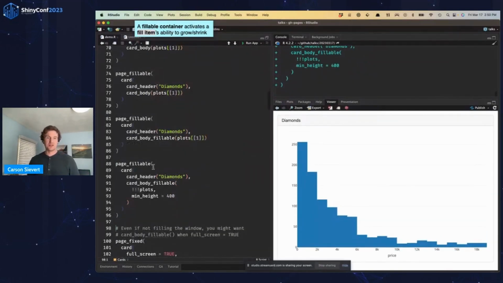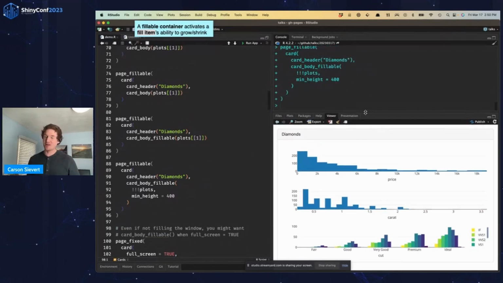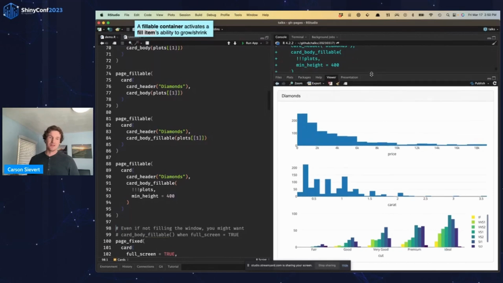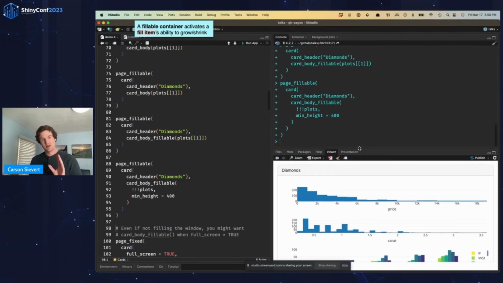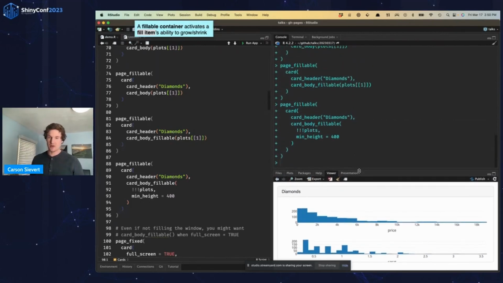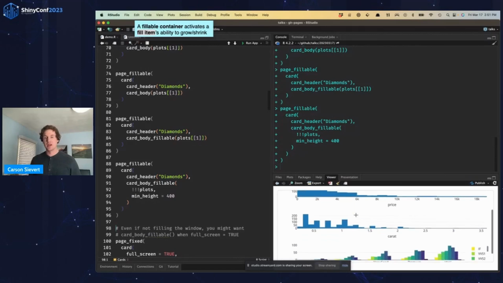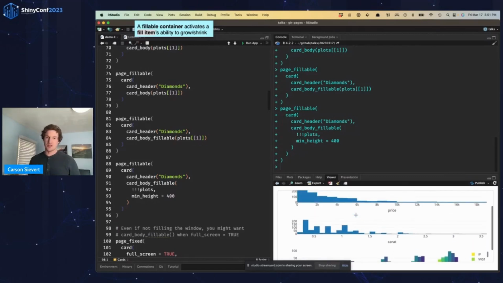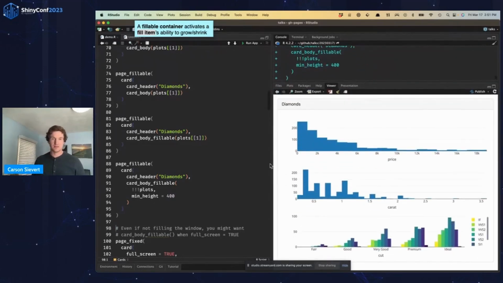Right, so now if I wanted to dump multiple plots into this card body, there's going to be a lot of stuff to show inside of it. So if this card body becomes really small, I might want to say that once this gets to a size that's smaller than 400 pixels, I don't want to allow those plots to keep shrinking so that they're like 0 height. So you can do something like set the minimum height to be 400 pixels. And now if I have contents that are larger than that 400 pixels, I can just scroll, and it doesn't shrink to be smaller than that size.